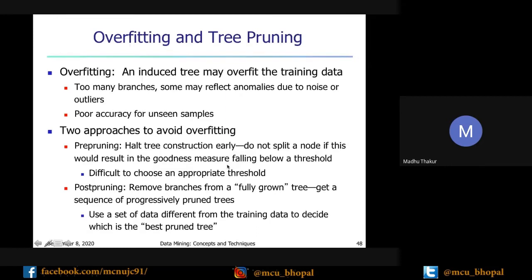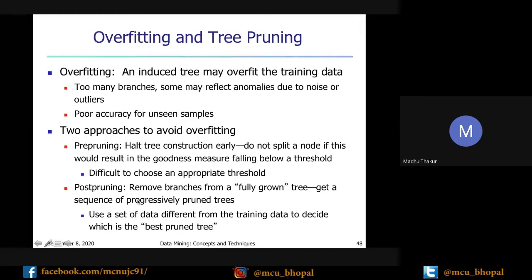If it is within the threshold value, then you can further split the node. If it is beyond your threshold value, then don't split the subtree further. That is what pre-pruning says.